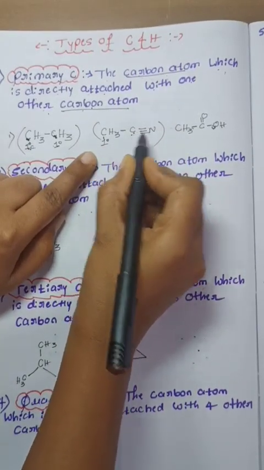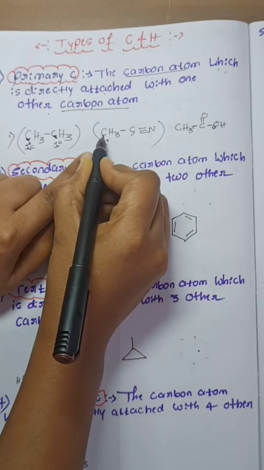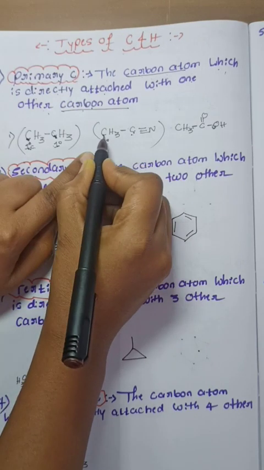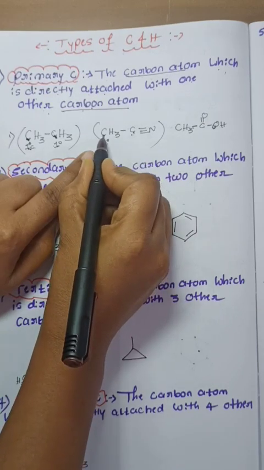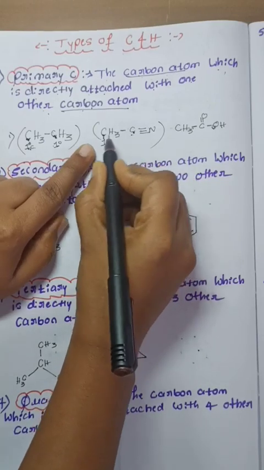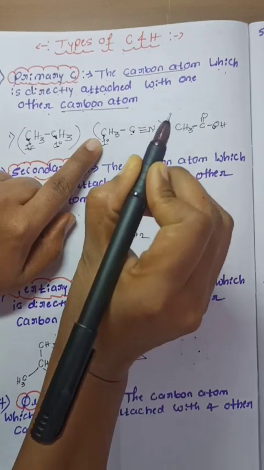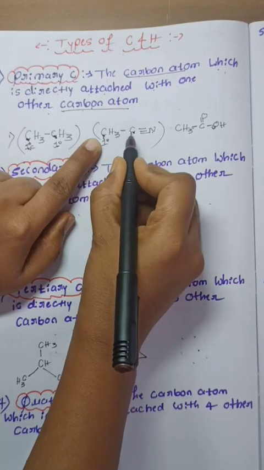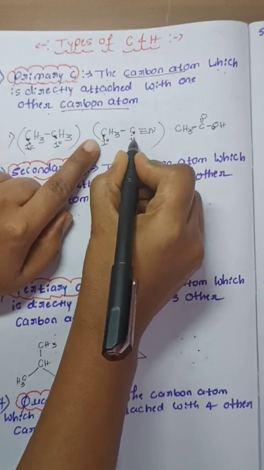Now in this second example, two carbons are there. Among the two carbons, this carbon we call a primary carbon. How? See, adjacent to this carbon only one carbon is there, so it is directly attached with only one carbon. Now here this carbon is also the same, adjacent to it only one carbon. Adjacent to this carbon there is one nitrogen, but we want carbon only. Adjacent to this carbon only one carbon is present, so this carbon we call primary carbon.